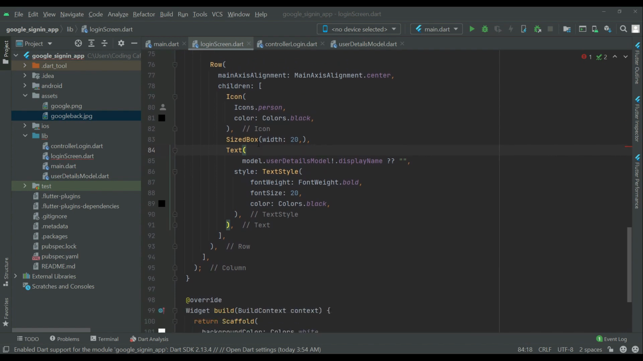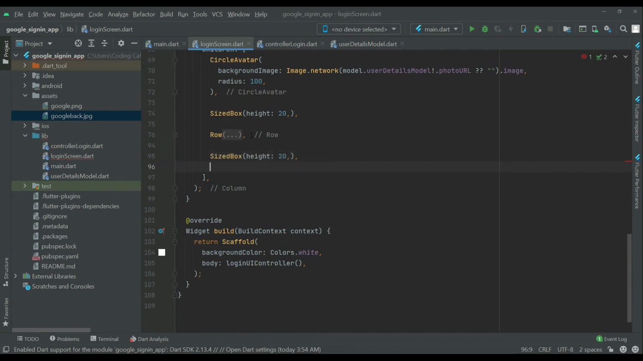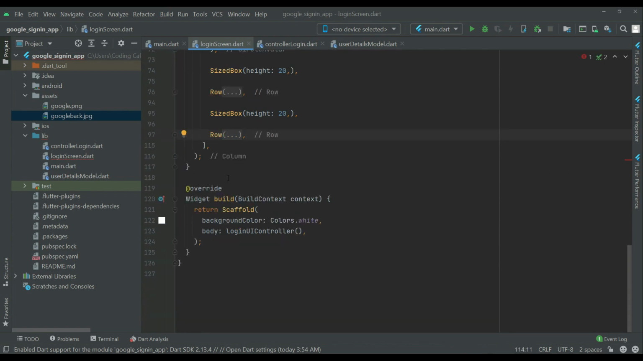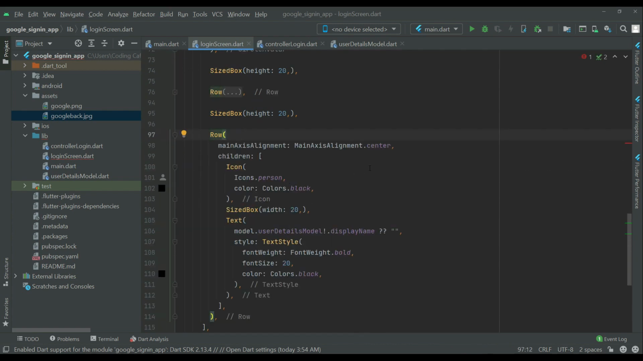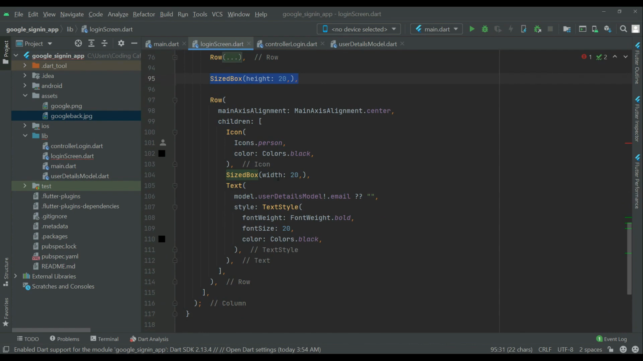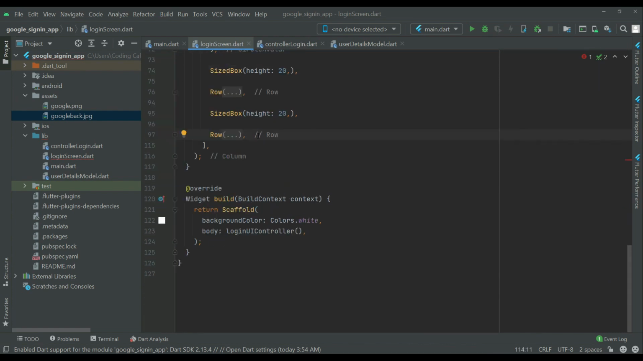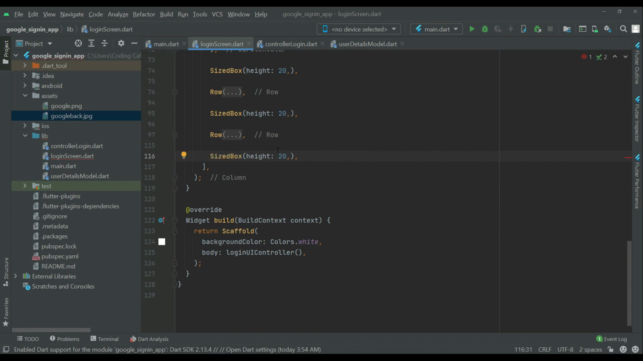And then after this row, let's give some space, height from the top 20, and then we can copy paste this row once more for displaying the email. So let's do the changes here. Here we can say email, and then SizedBox of 20. So after this row again we can say SizedBox of height 20,